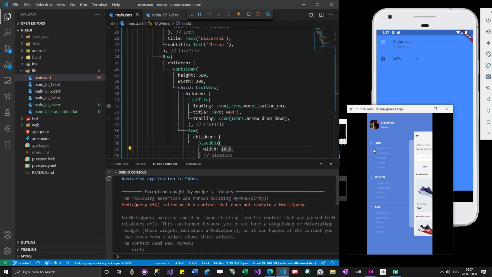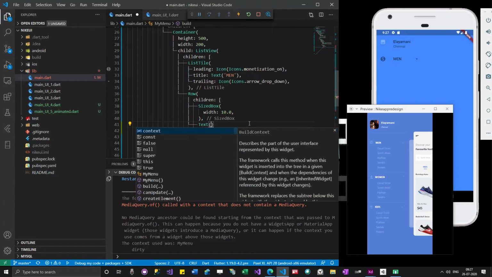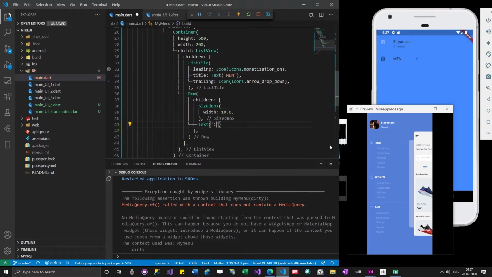because there is some gap between here, right? We have to maintain that gap. Okay, so sized box and then text of. Okay, let me add the text. Casual shoes, and then I want all these items to be in a column, so that I don't have to repeat the sized box.